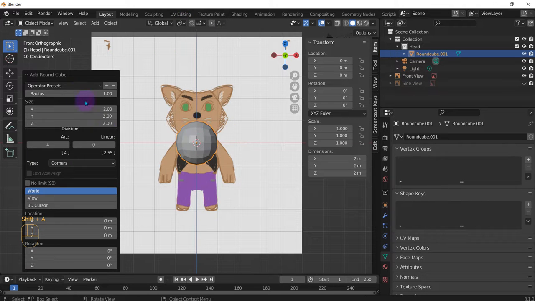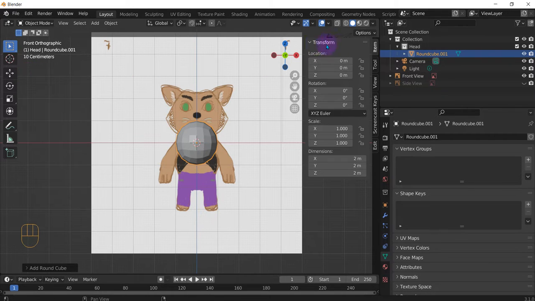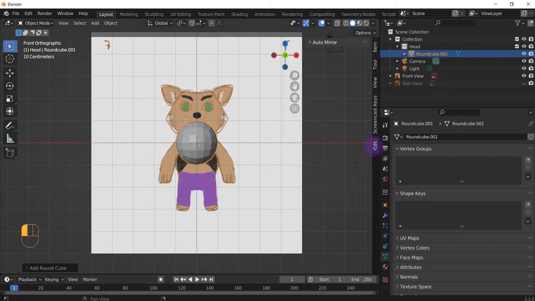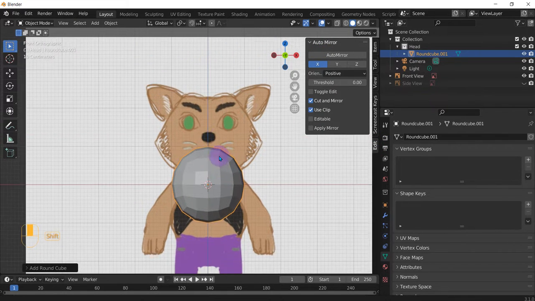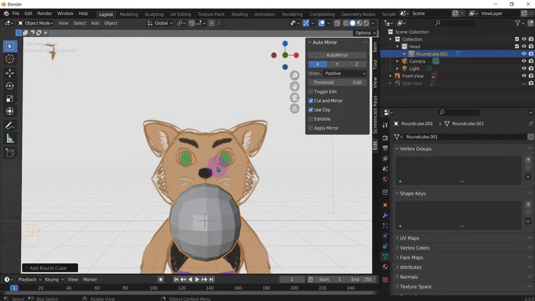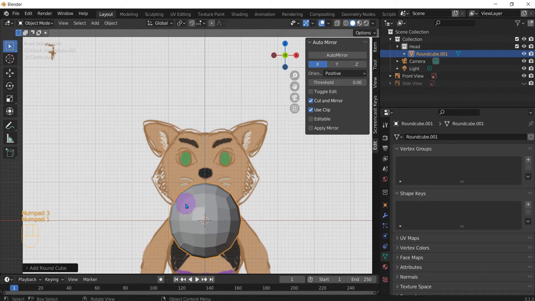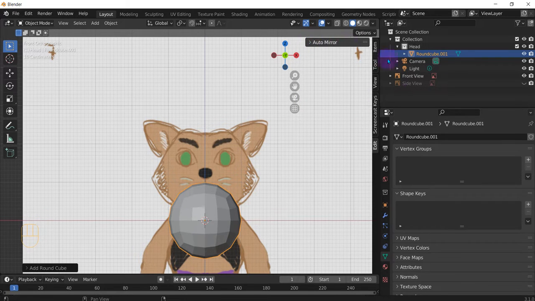cube. Make sure the radius is 1 here on the round cube properties. And one thing we could easily do is do an arm mirror, where this will cut this in half, and whatever you do to one side does the other. But I haven't shown you how to install the arm mirror, so what instead we're going to do is do